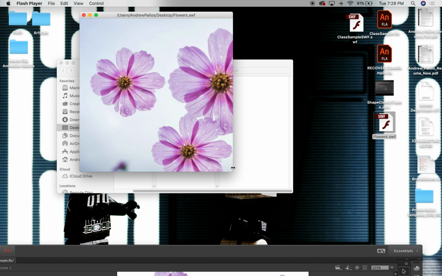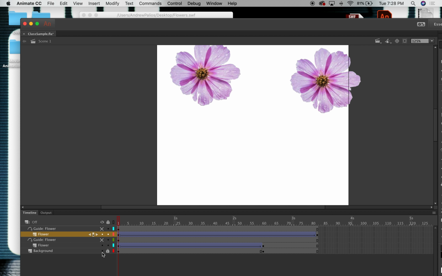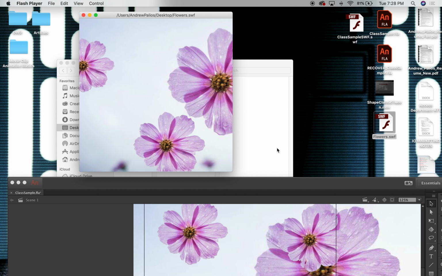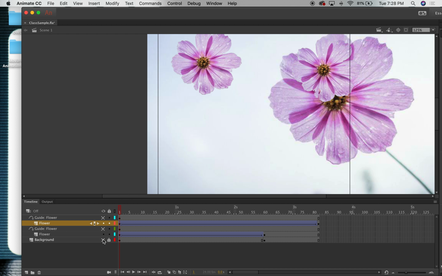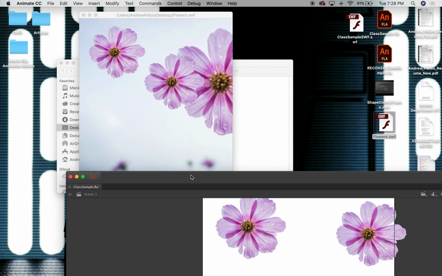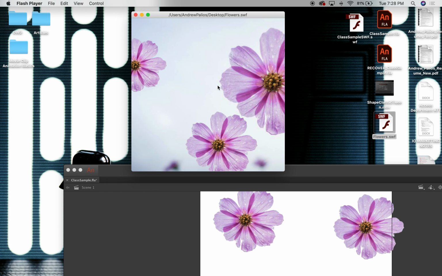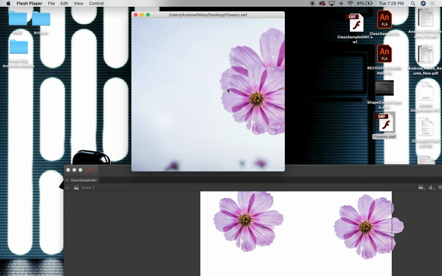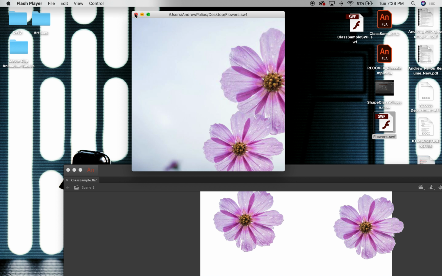So remember, my background actually is there. It's just hidden from the desktop. Remember, I turned it off to clear things up. It's showing in the SWF file, even though in my working document it was turned off and hidden. So that's good. Now you can see that the SWF file is continuously rotating again. These things are never really stopping. It's just going to the end of the video and then coming back to the beginning. The same